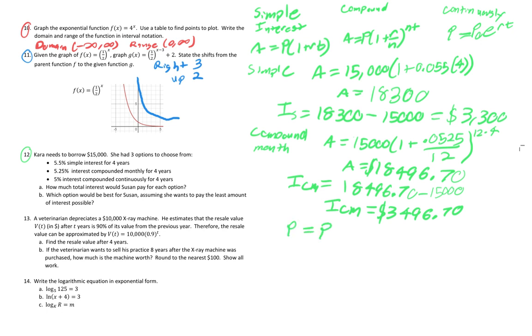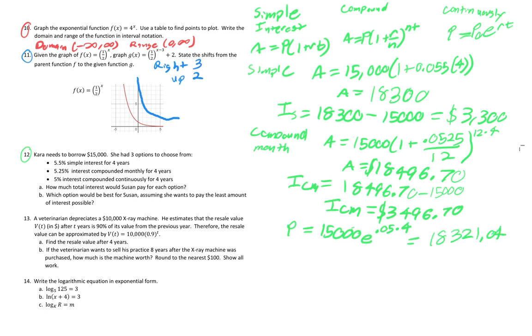So now we want to do our compounded continuously, which is going to give us P is equal to P0 e to the RT, which we already know. I already wrote it. So P0, P naught, either way, is 15,000. E being raised to our R, which in this case is 5%, so 0.05 times our time of 4. Plug that into our calculator. 15,000 e to the power of 0.05 times 4. And that's going to give us